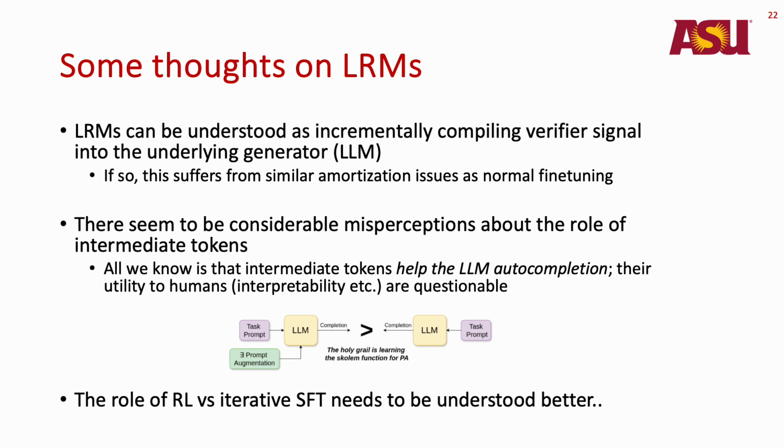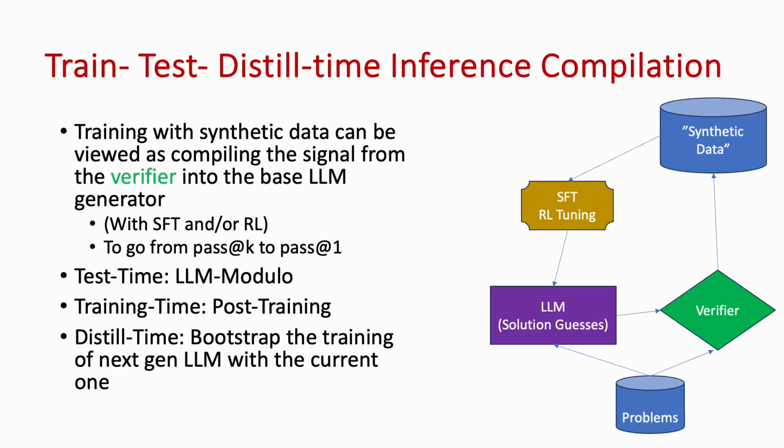So the first one essentially is you can actually think of what is happening in DeepSeek R1, and again, nobody knows what is happening in anybody else's reasoning models because they don't write papers. Okay, so DeepSeek R1 and the variations of that, and then some of the smaller models that academia has been publishing, as incrementally compiling the verifier signal into the generator. Okay, so if it's a normal LLM, it will be generating a large number of choices and some of them are right. And as you do this post-training, you increase the density of the correct guesses, sort of statistically speaking.